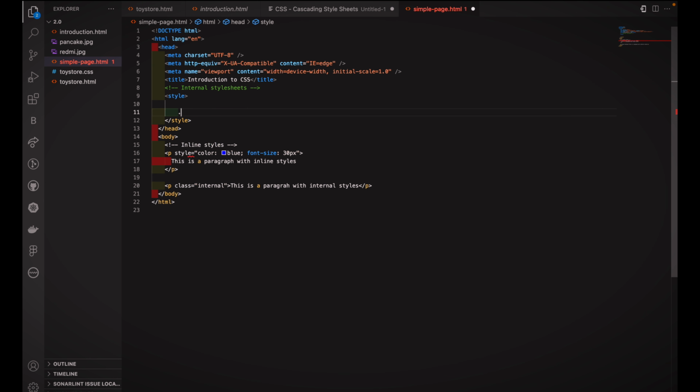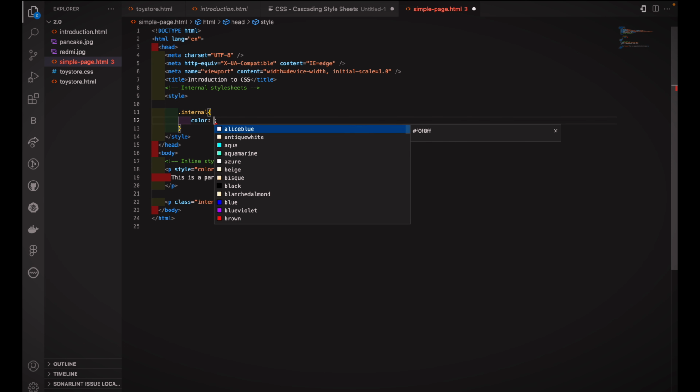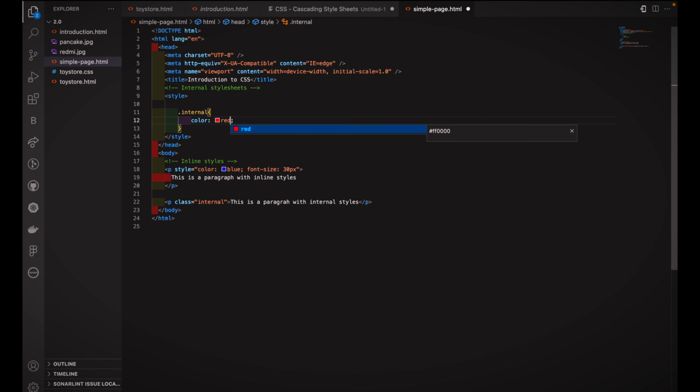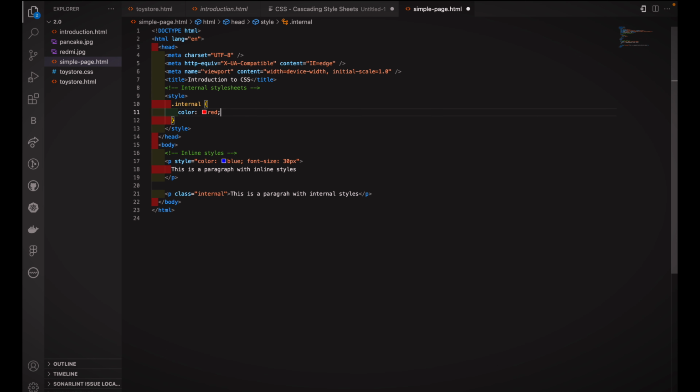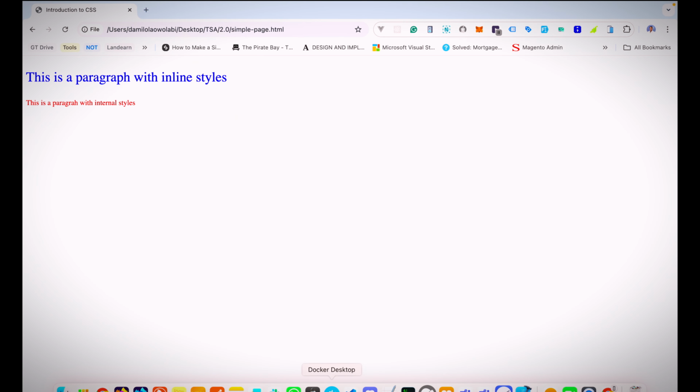To do that, we do dot internal, open the curly braces and close it, and go ahead to give it a color of, let's say, red, and save this, reload the page. When you reload the page, you can see that the second paragraph has changed to a color red, but the